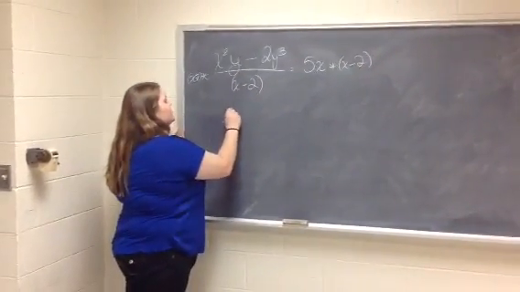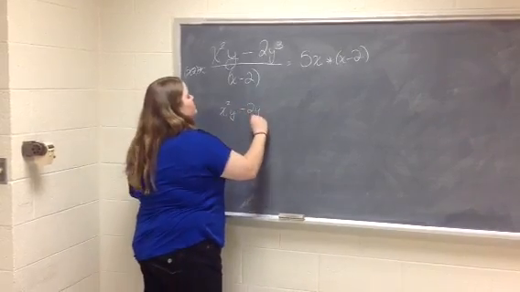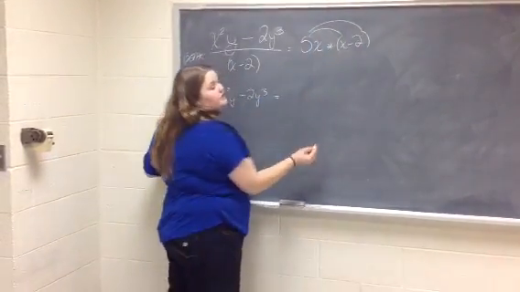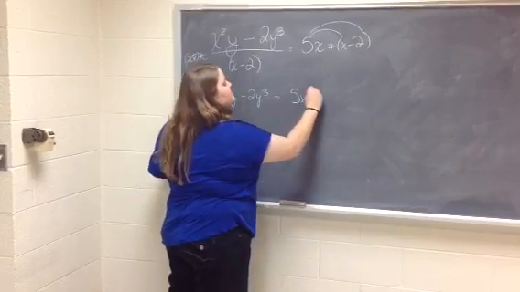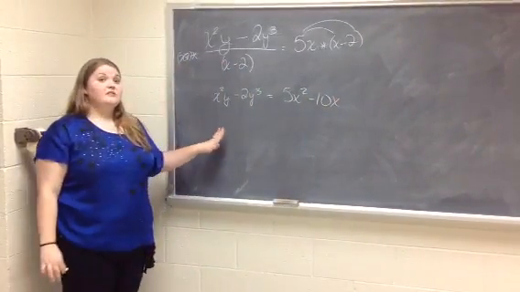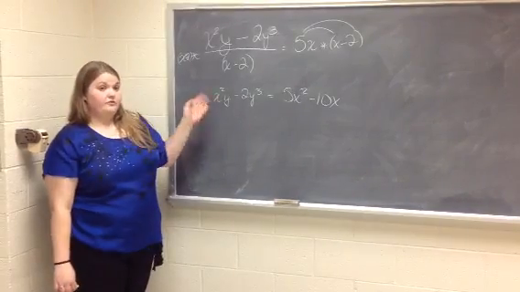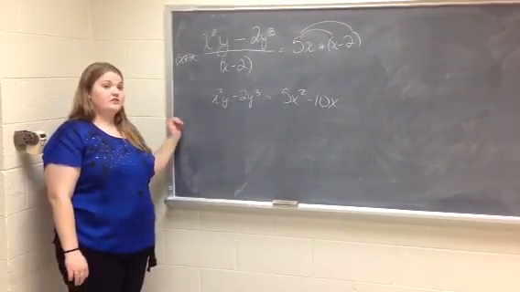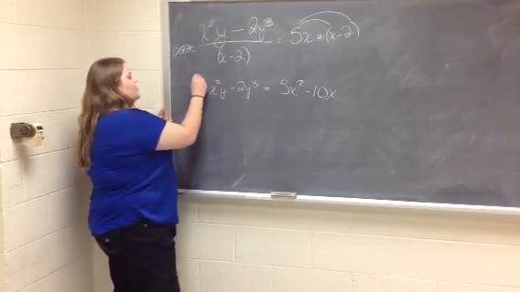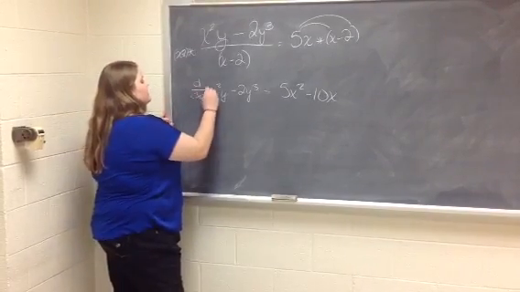So we'll get x squared y minus 2y cubed is equal to, and I'll distribute this 5x through, so we get 5x squared minus 10x. Now this looks quite a bit like our first example that we worked with, in that it's all on one line. So that will make our lives much easier. So now we'll take the derivative of both sides,